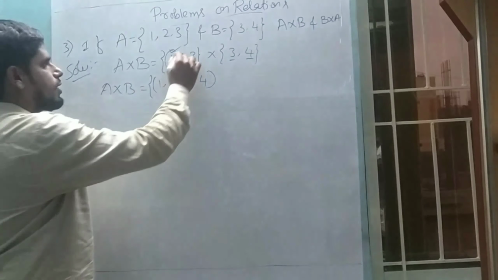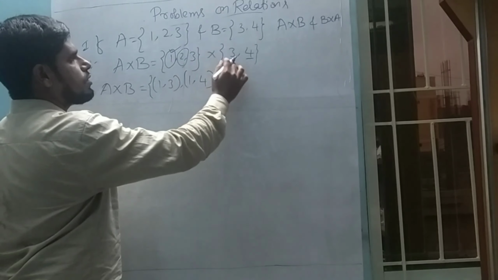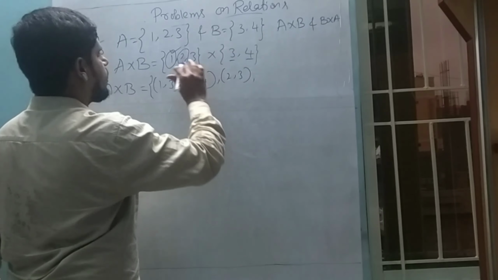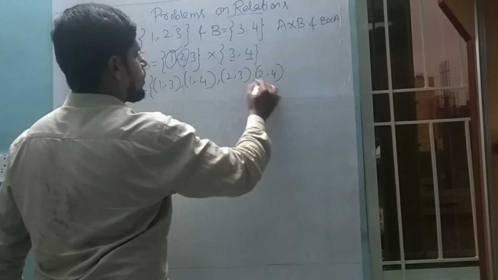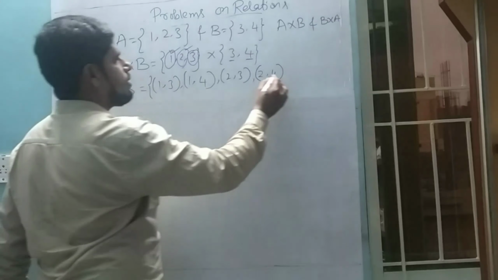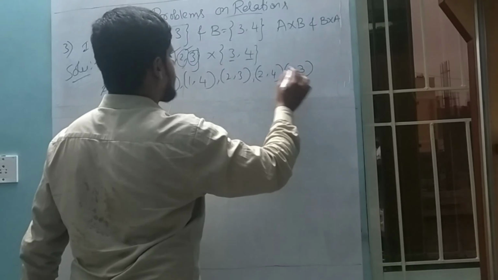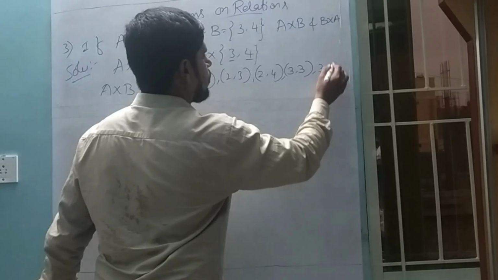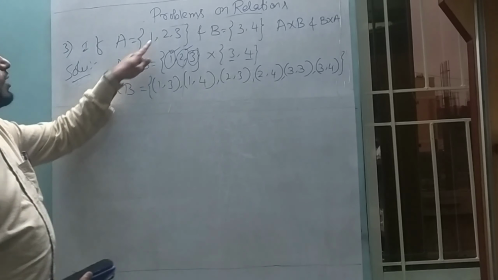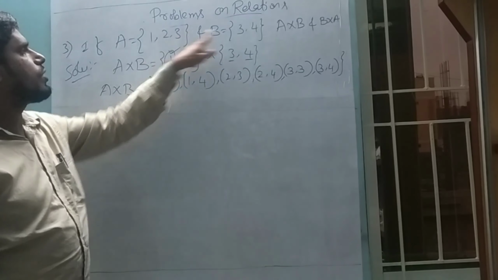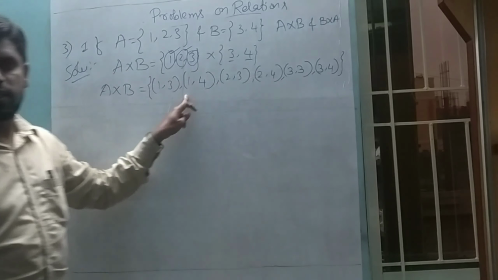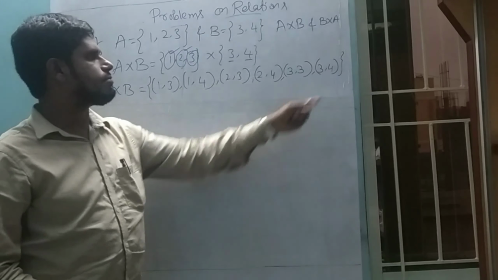Okay, now this is over. Let us take 2 now. 2 to these 2 elements, 2, 3, then 2 comma 4. Okay, 2 is also over. Now 3, this element 3 comma 3, and last is 3 comma 4. These are the elements that come in A cross B. We can check as it is 3 elements and it is 2 elements. 3 2s are 6. Let us check 1, 2, 3, 4, 5, 6. Yes, obviously it is 6 elements and these are the elements.